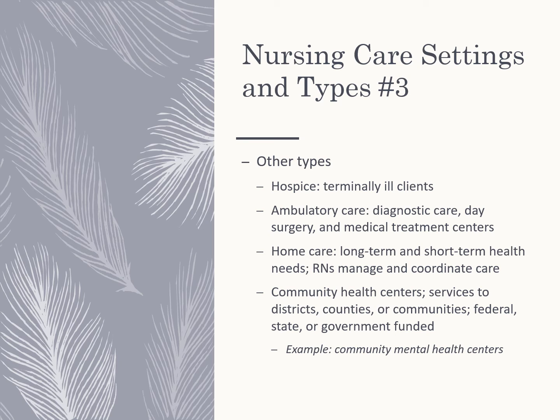Those facilities are managed and supervised by a registered nurse that in addition has special training in helping family with a grief process. Ambulatory care refers to the outpatient care mainly, and there is a wide range of outpatient setups that will fit into this category, such as diagnostic centers, like a gastroenterology center where you're just doing a colonoscopy, daycare surgeries, and medical treatment centers, like a dialysis center. All of those will fall under the category of ambulatory care and will be managed by RNs or LPNs depending on the services that they are providing.